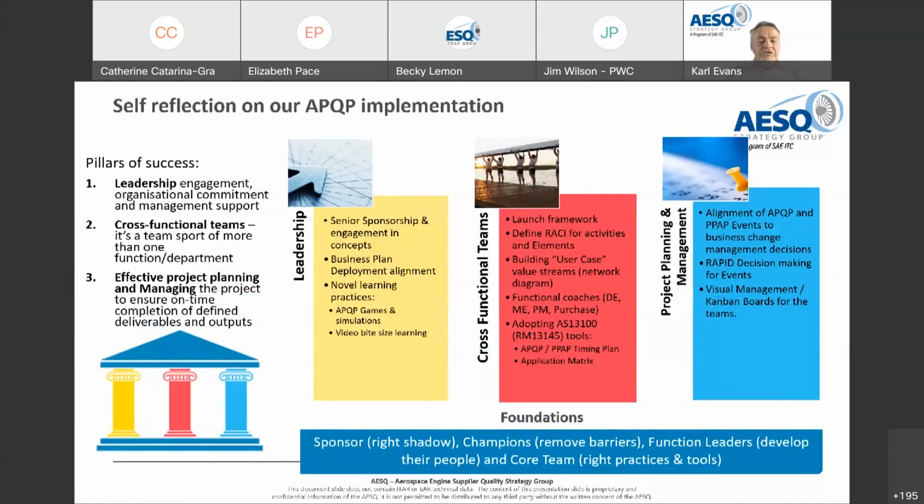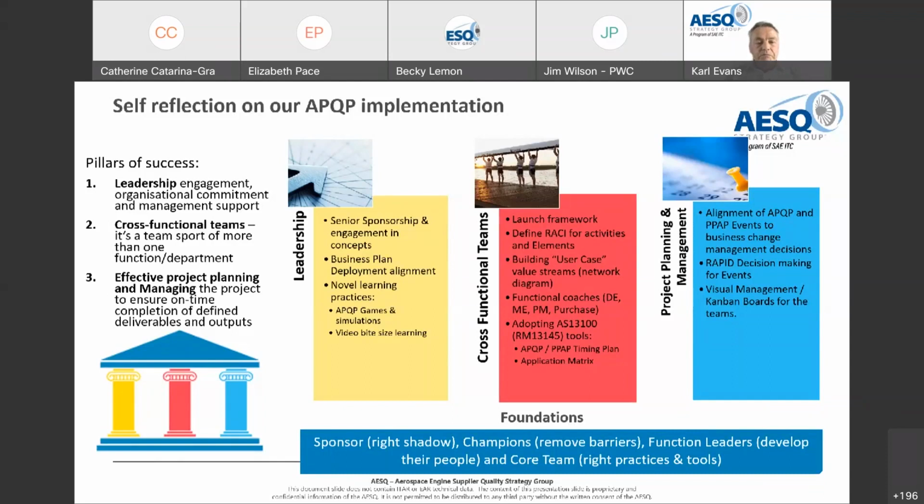So a little reflection to share with yourselves about what we've found as useful things as a reflection on how we've been driving implementation within our business of APQP. So I'm using 3 pillars: leadership, cross-functional teams, and effective project planning and management. And the reason I'm pointing to these is because they are really the pillars which support implementation of APQP. To give you some thoughts around what you can do in this space, or what we've done in this space,